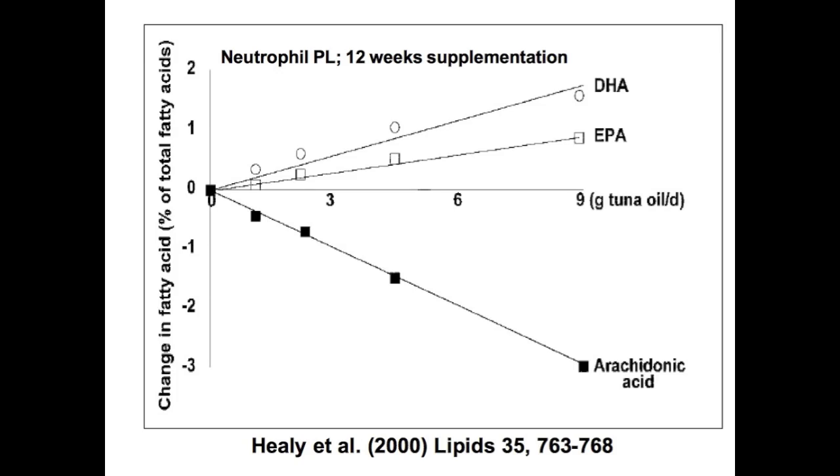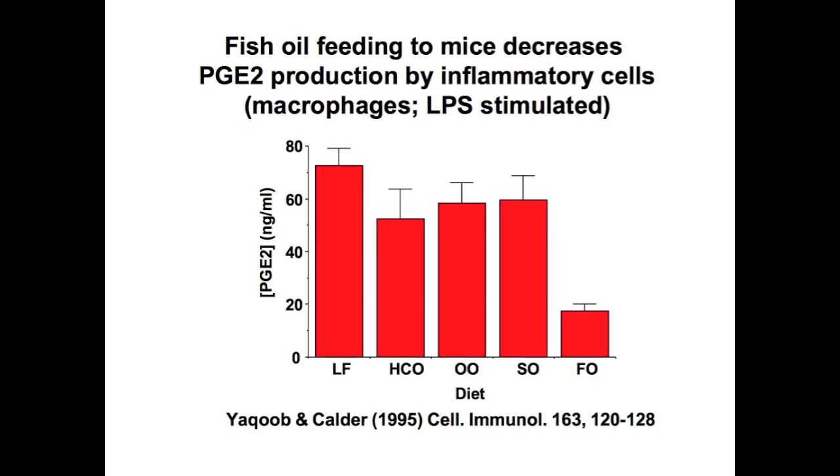The cells behave differently. So this is a study where we fed mice diets containing different fatty acids, including fish oil here, omega-3 fatty acids. Then we took inflammatory cells from those mice. We put them in a test tube and we exposed them to a classic stimulus that's going to make them make a lot of inflammatory chemicals in that test tube. Okay, it's like an inflammatory explosion. Okay, so the readout here is prostaglandin E2, the cyclooxygenase metabolite that is inhibited by the presence of aspirin.